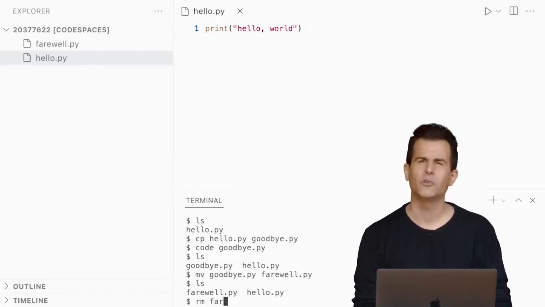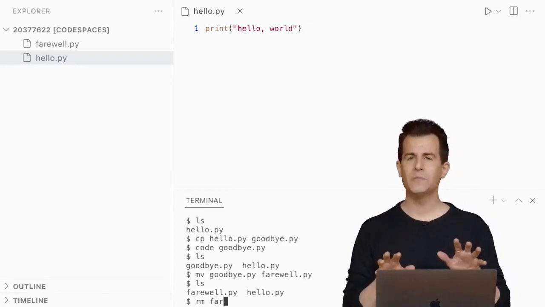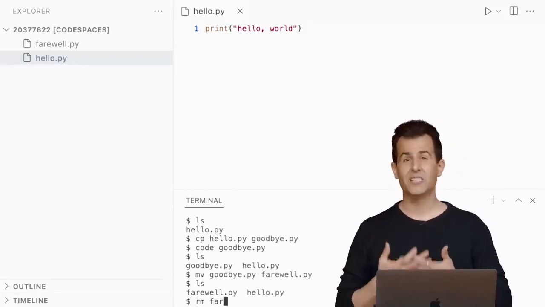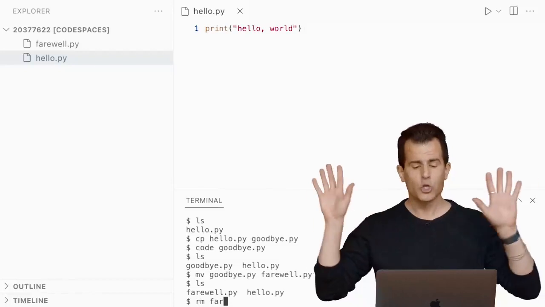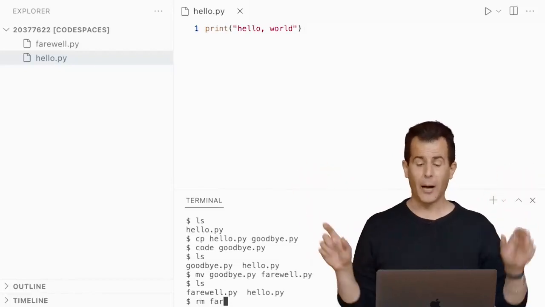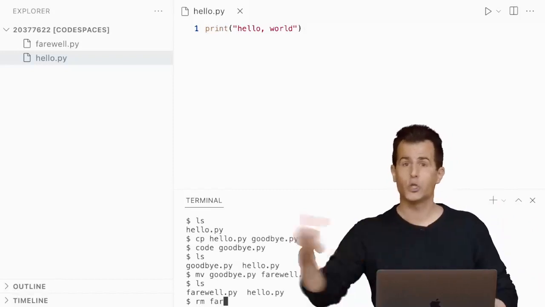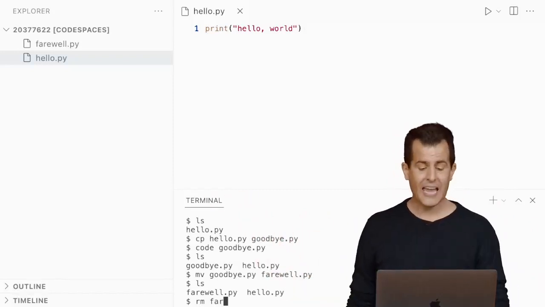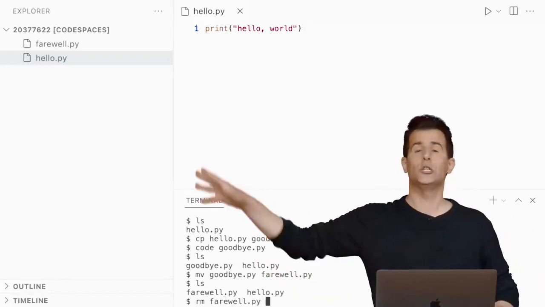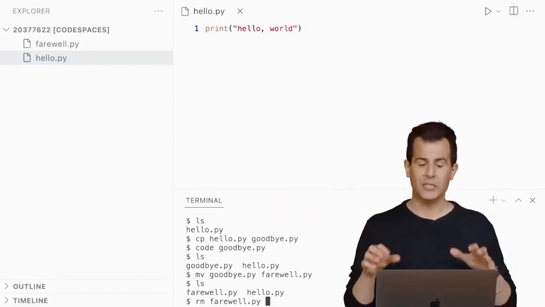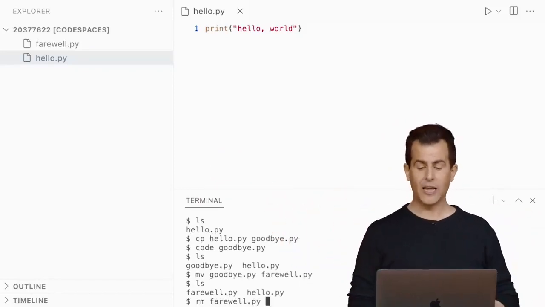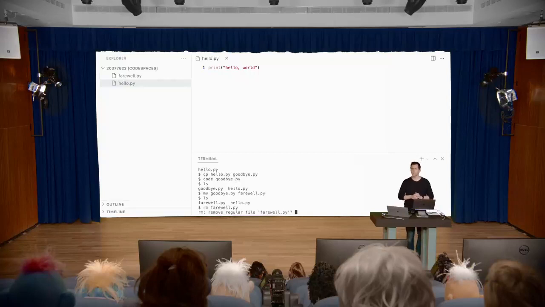And now notice, if I'm a little tired of typing out these long file names, Linux and command line interfaces frequently support autocomplete. So instead of typing farewell, I'm going to type FAR, which sounds like more than enough characters to finish the rest of my thought. And I'm going to hit tab on my keyboard, and it just finishes it for me without having to manually type the same. I'm going to go ahead and hit enter,